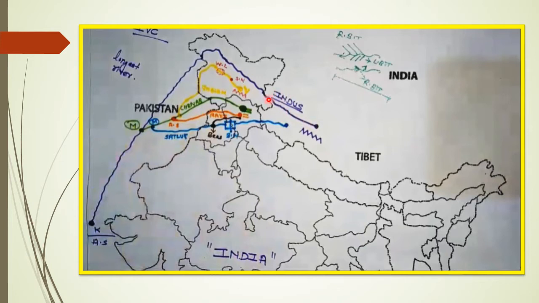So these are the left bank tributaries, and we will study the main 5 tributaries which originate in India. Okay, so the first one we are going to study is Chenab. You can see Chenab, which originates in Himachal Pradesh, and then it goes into Pakistan and joins the river Indus near Mithankot. Okay, and then we have another river Jhelum, which originates in Jammu and Kashmir, and then it joins